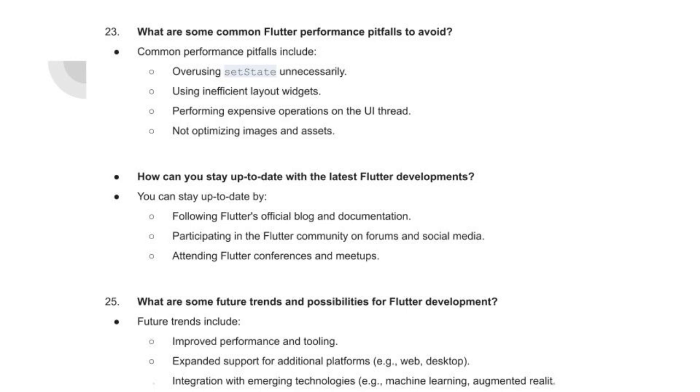What are some future trends and possibilities for Flutter development? Future trends include improved performance and tooling, expanded support for additional platforms, integration with emerging technologies,